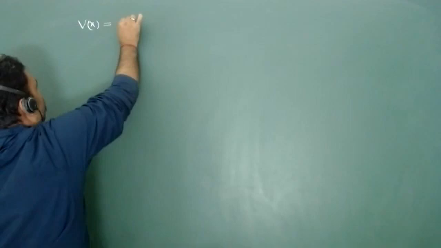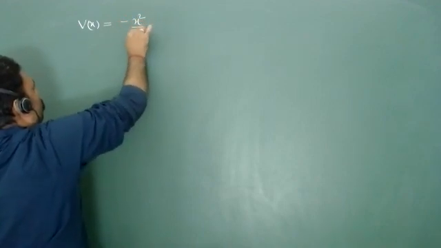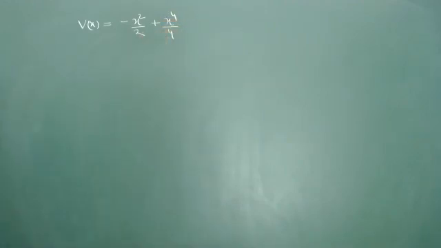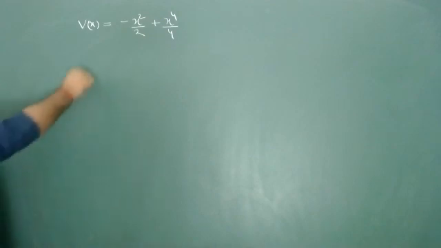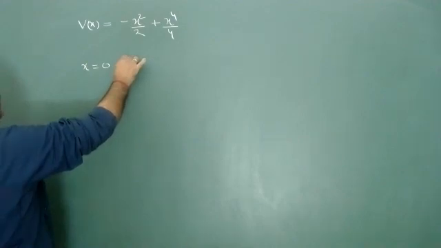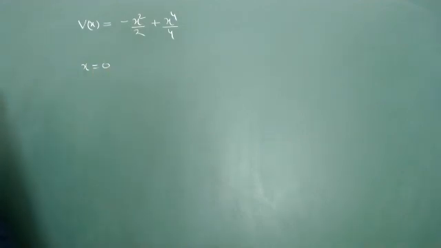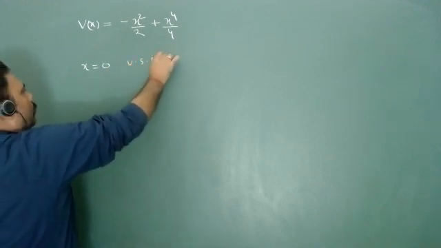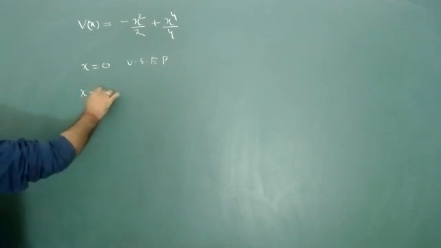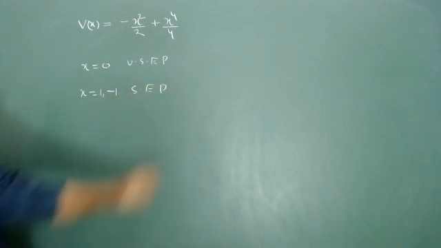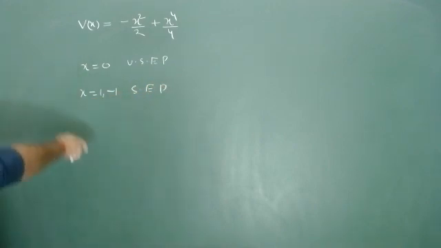Let us go for V(x) is equal to, this is very nice, again the same one, minus x square by 2 plus x to the power 4 by 4. I think we have plotted this potential earlier, isn't it? So x is equal to 0 is stable or unstable? Unstable equilibrium point. And you can check x is equal to 1 and minus 1 are stable equilibrium points. So we have done this thing. This potential we have plotted earlier.